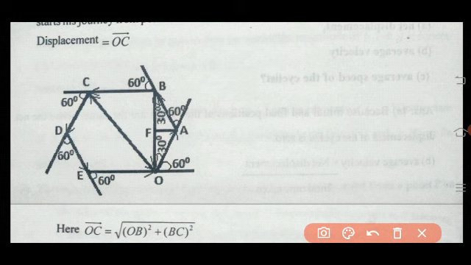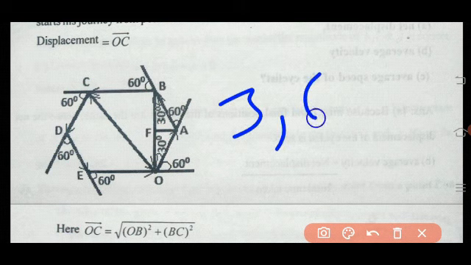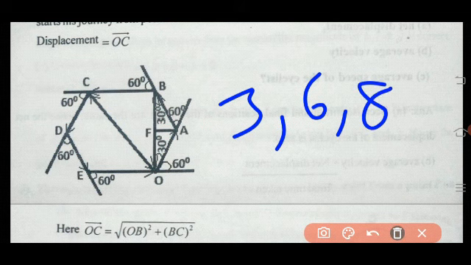In the same manner, he continues up to D, takes a 60 degree turn, then at E, takes a 60 degree turn. It is clear from the picture that you are getting a hexagonal structure, a hexagonal path. There are 6 sides, and each side is 500 meter. We need to find the displacement at the third, sixth and eighth turn, and compare these all 3 with the path length also.